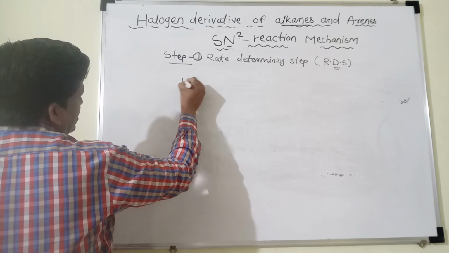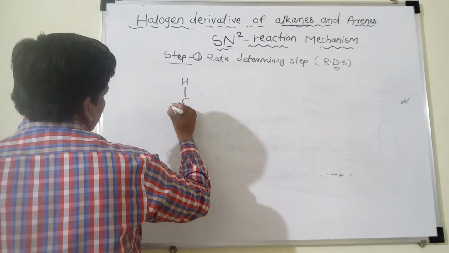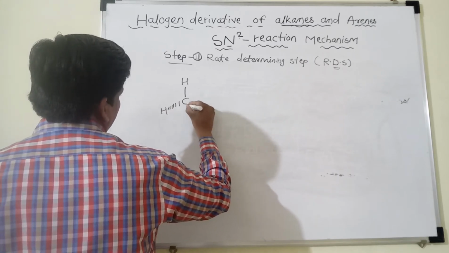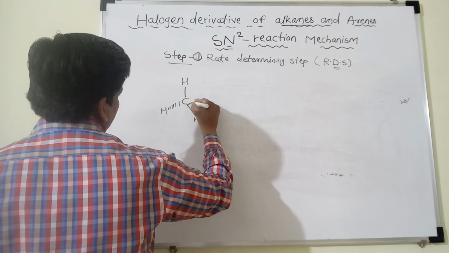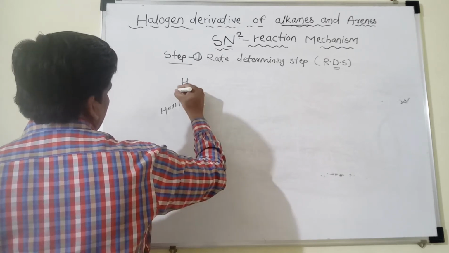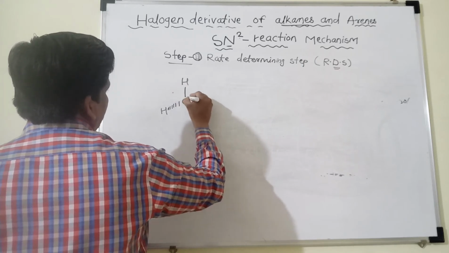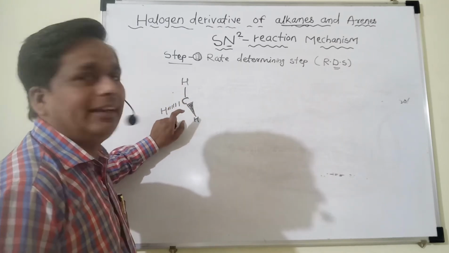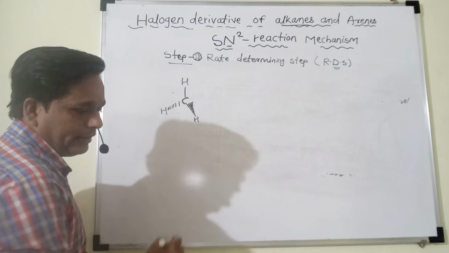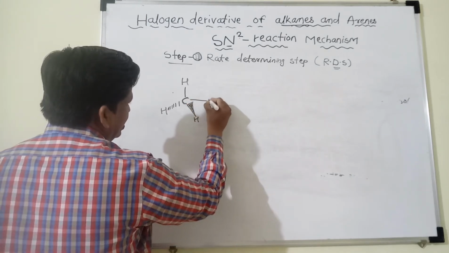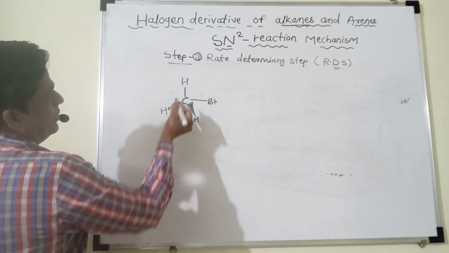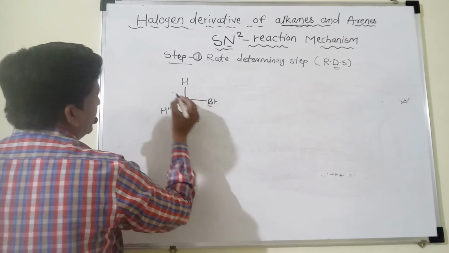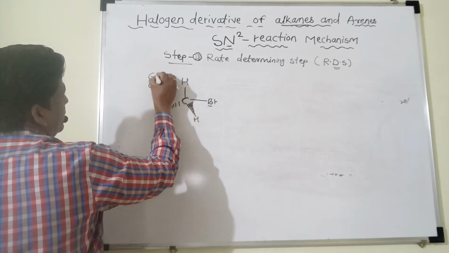Okay, this H, this H, and here we can write, this is an H above the plane and this is below the plane, and here we can write the bromine group like this. Okay, this is methyl bromide, this carbon having the 3 hydrogens, H, H and this H, and this is the bromine group. If the nucleophile attacks from the backside,